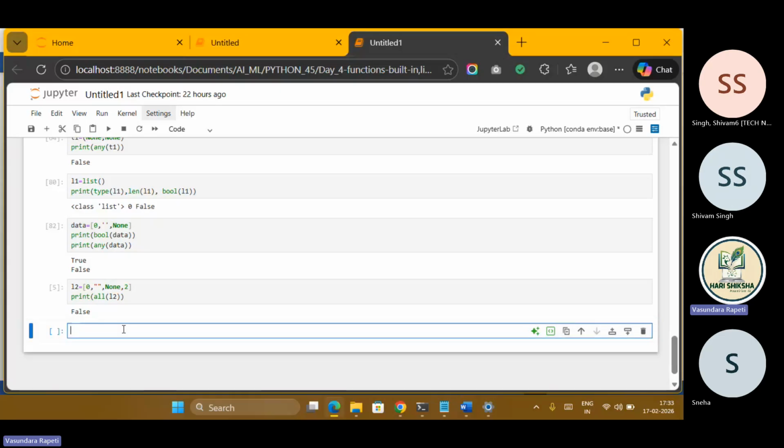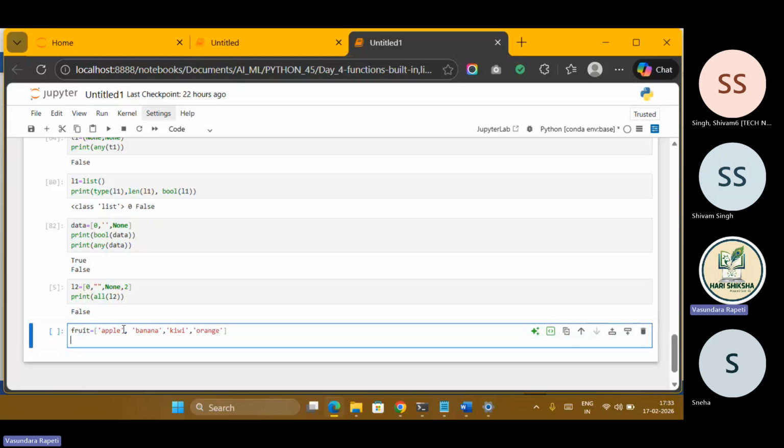Suppose there is a list of fruits. Now if we use a loop, for f in fruits,